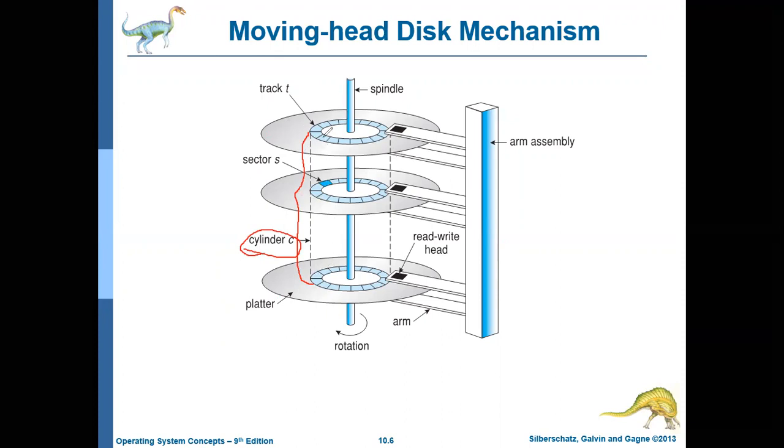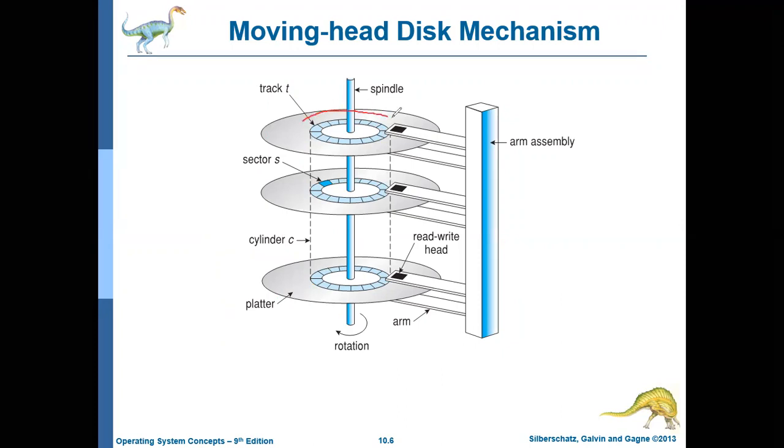And how does the hard disk write data? If it starts with this sector, first it will finish this particular track completely. Then it won't go to the next track, rather it will go to the next platter, and in that platter it will finish that particular track. Like that it will go to the next platter. So first it will complete one cylinder, then it will go to the next cylinder. So this is how the data is written.